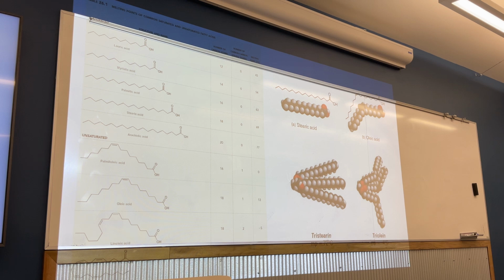Here's palmitic acid. It has 16 carbons, and its melting point is 63. Palmitoleic acid also has 16 carbons, but it has just 1 double bond. So that's monounsaturated, and its melting point is 0. Big difference. This is Celsius, so 63 degrees is a lot hotter than freezing. And that's why